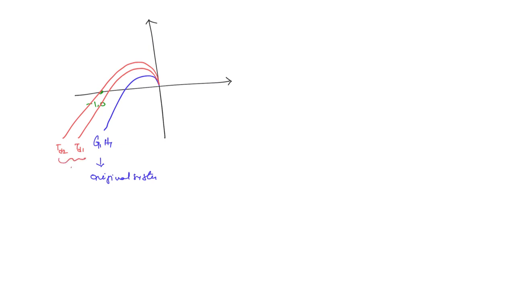You are inducing time delays to the original system, which is G1 H1. Then how much time delay you can introduce before the system becomes unstable? That is the critical time delay that we are talking about. So here what is the critical time delay? TD2 is the critical time delay. So you can write TD2 is the maximum time delay